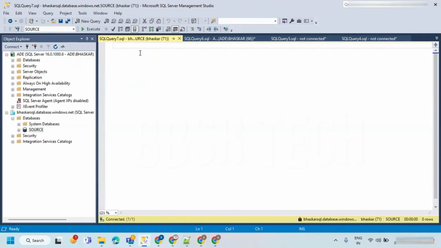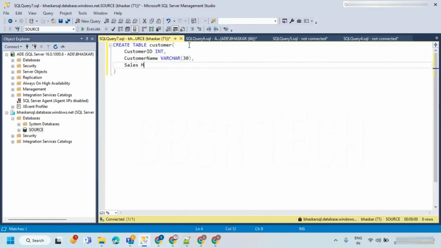Now here I'm just creating one simple table. Create table, table name is customer. Let's say customer ID is integer data type, customer name varchar 30, and sales money.